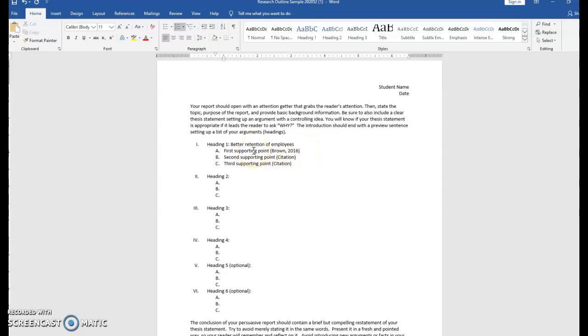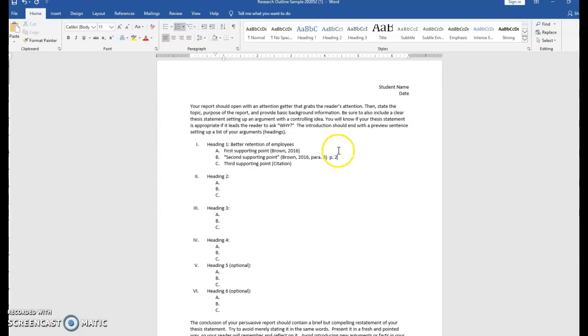Try to paraphrase the information as opposed to directly quoting it. But if you do need to directly quote on your planner, please put quotation marks around the part that is directly copied. And then in your citation, in addition to having the author's last name and the year, you will also need to have the paragraph number, or if it's clear from the citation that you have for that particular article, you could also put the page number.